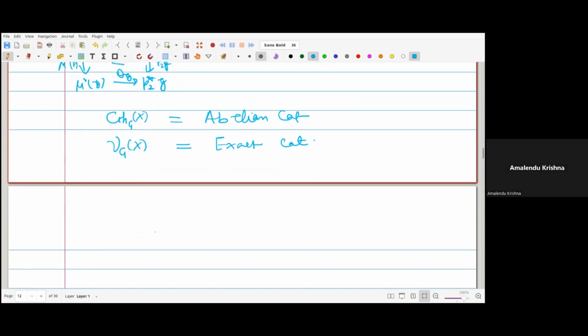Right. So once you have this exact category, now we can go to Quillen. Quillen says that whenever you have an exact category, you can define its K-theory. Well, how do you do this? Now this has nothing to do with G-equivariance. If you take any exact category,